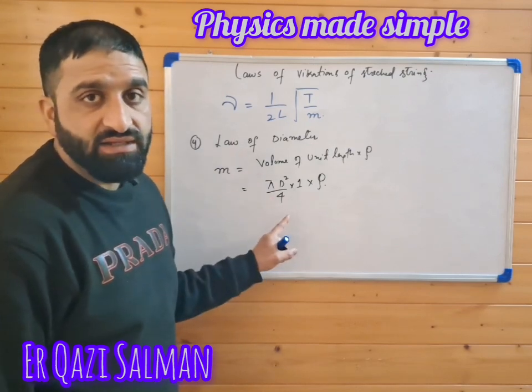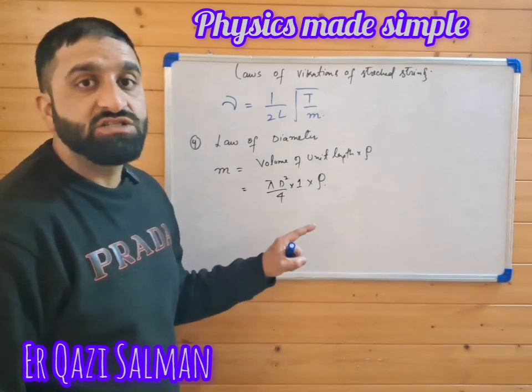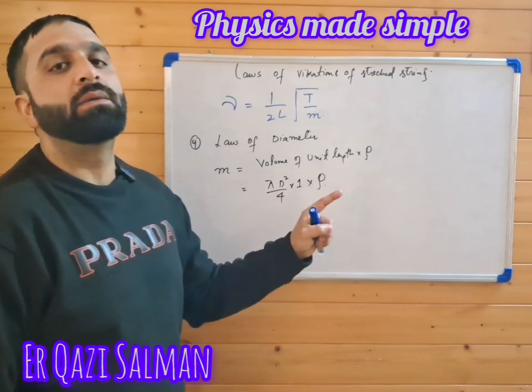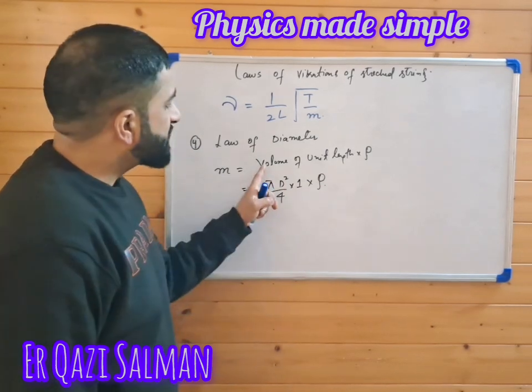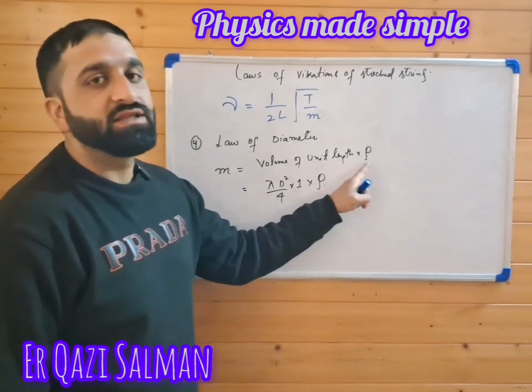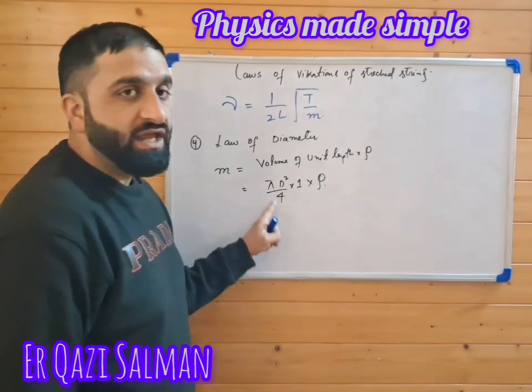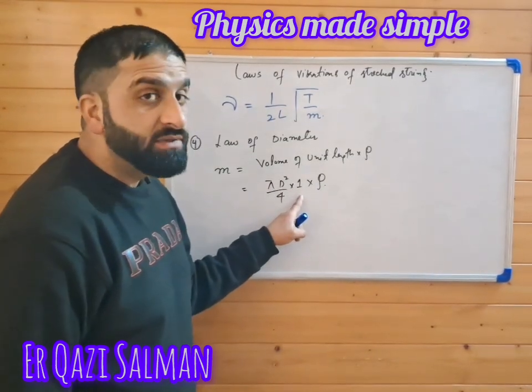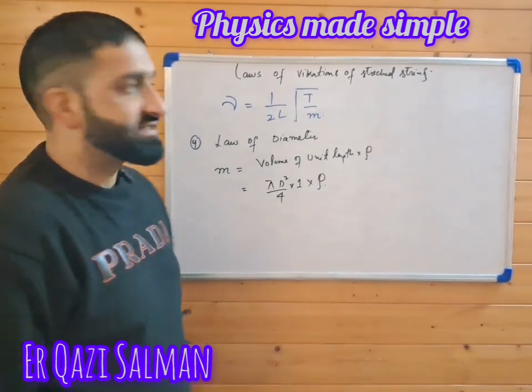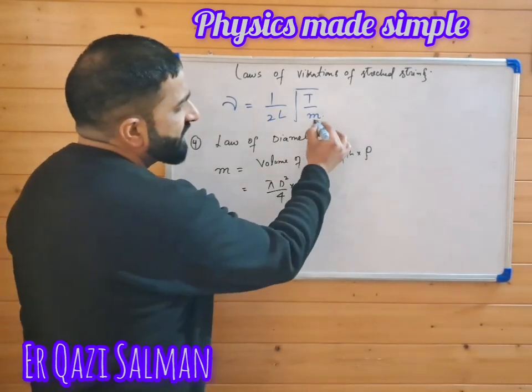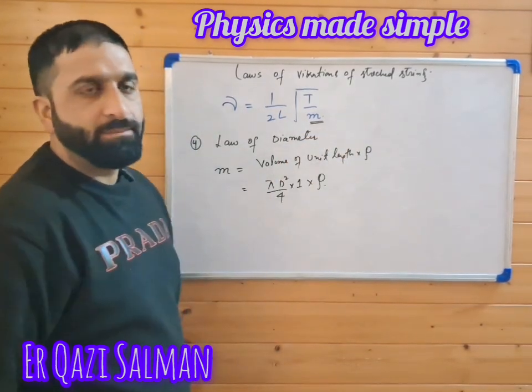Mass per unit length is the mass of unit length of the string. That is equal to the volume of unit length into density. Volume is equal to area into length, length being 1 meter, into rho, that is the density. Now, putting the value of M here,